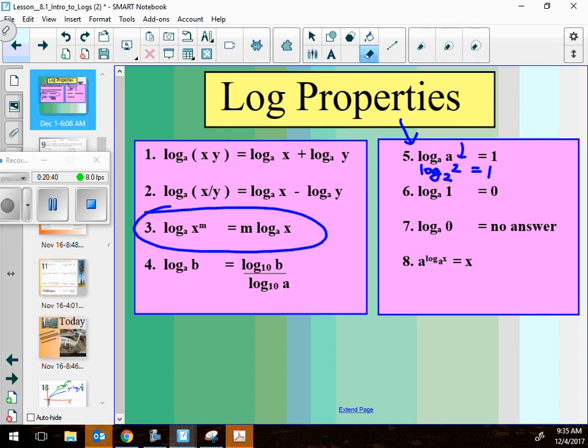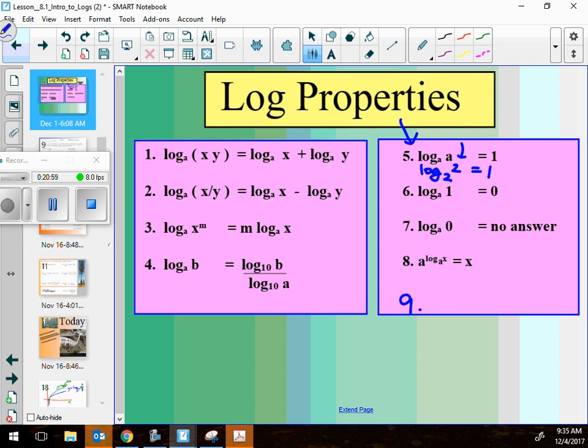This will be an example where, nope, that's not it. I'm sorry. Where is the other one? Maybe they don't even tell you that one. That's probably the best one of them all. Nope, it's not even on your list of properties. I'm going to add it. It's going to be property number 9. And it is that log base 6 of 6 to the